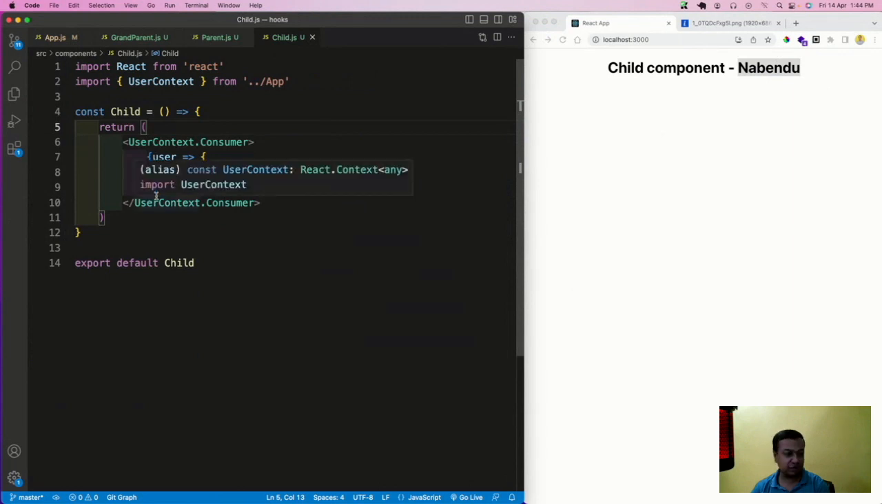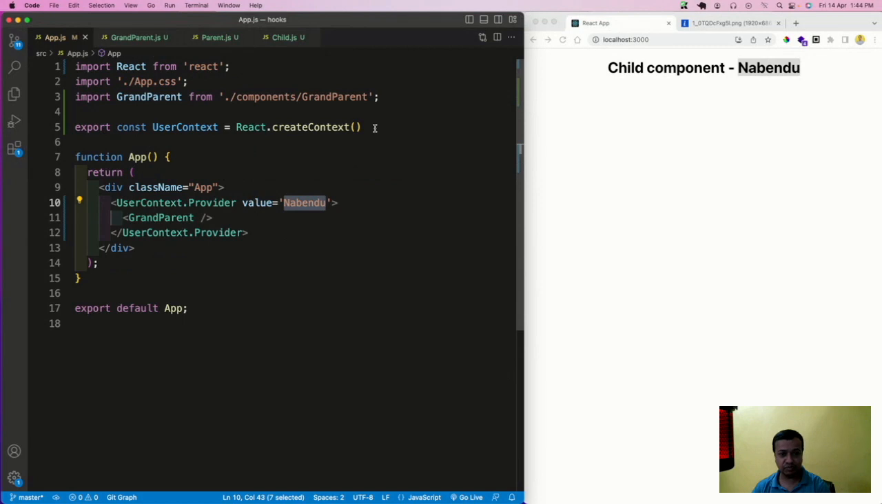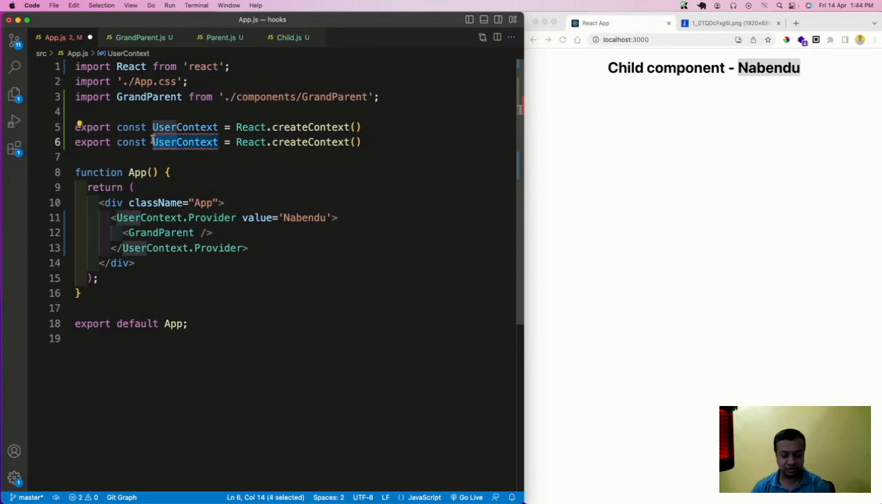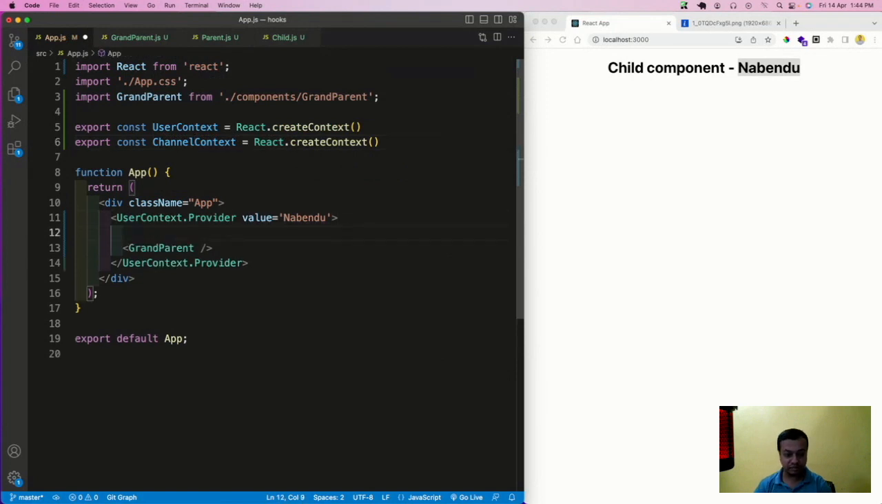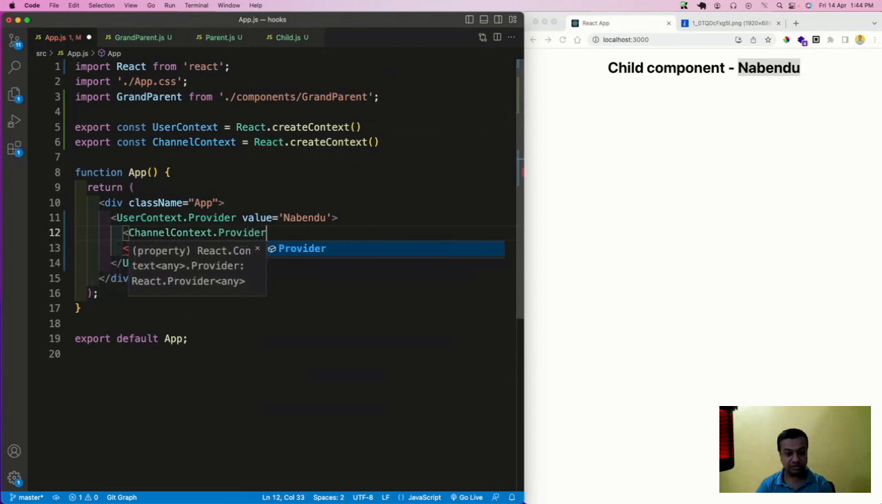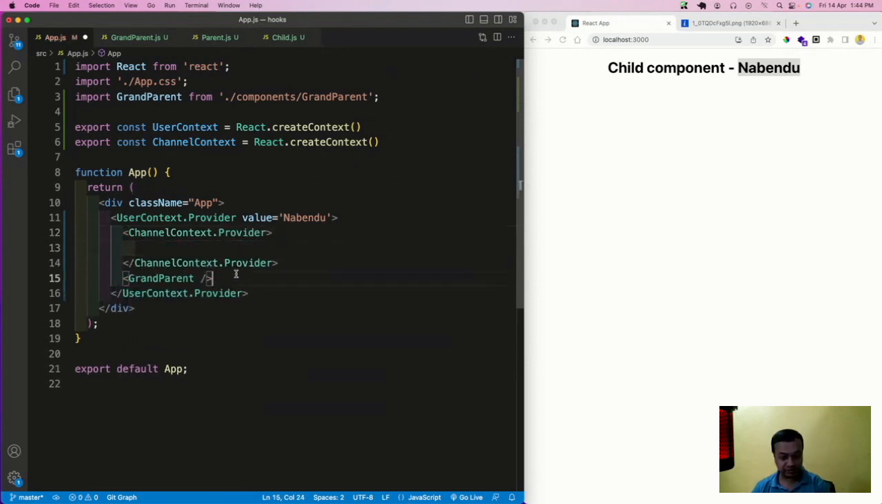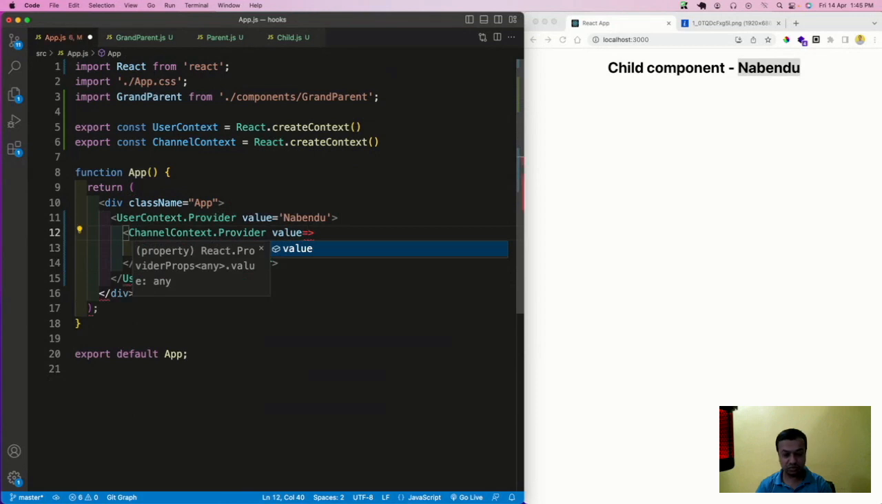But this curly bracket way is not that simple, and it's a bit complicated. Why? And it gets even more complicated if you pass more than one thing. Suppose I want to pass some other data here. So how do I pass it? Like this code will not change. Okay. So here I will have a channel context, and then I want to pass the data. Like I'll have a channel context dot provider, and then inside this I will have this and parent, and then here I will have a value equal to